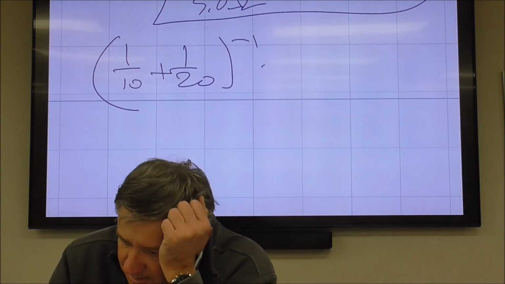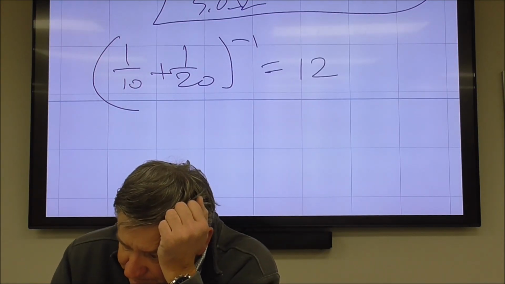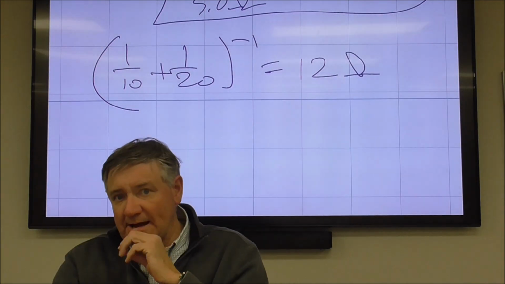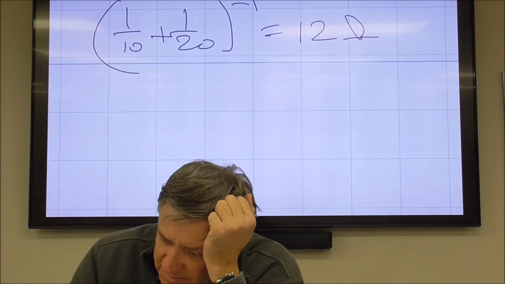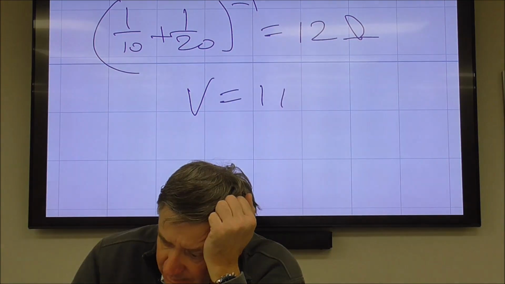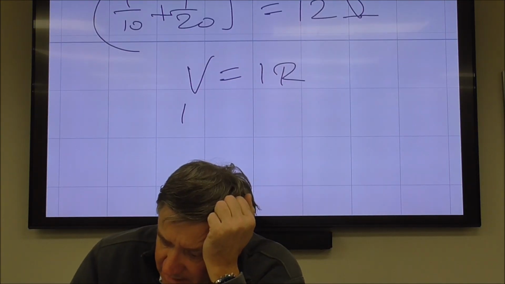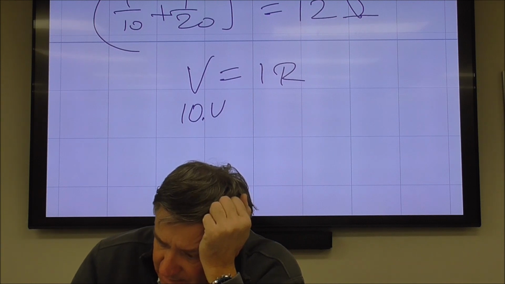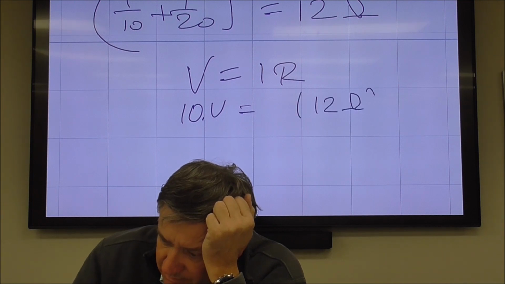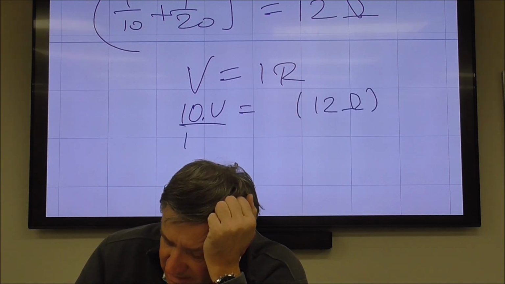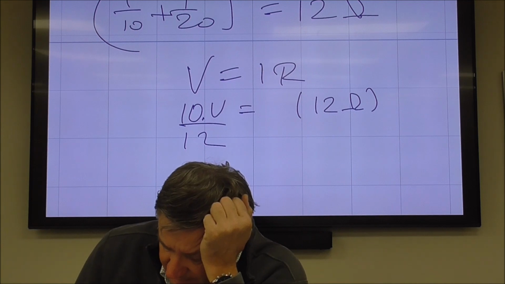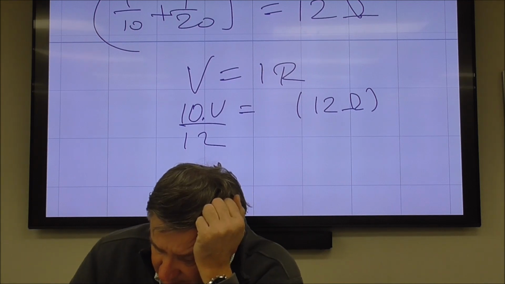I get 12 ohms. So now, if I look at this in terms of V equals IR, I've got my 10-volt battery, and that's like saying I have a single 12-ohm resistor. So if I take 10 and divide that by 12,